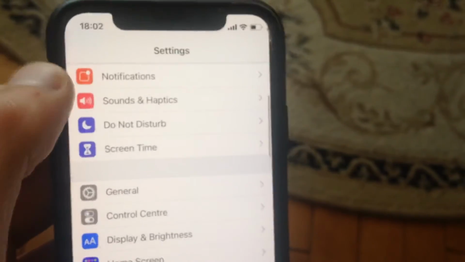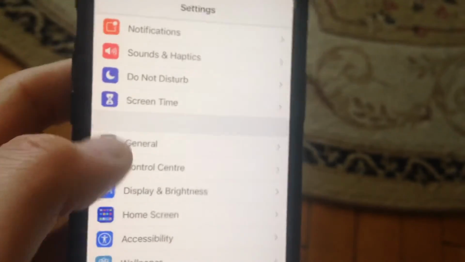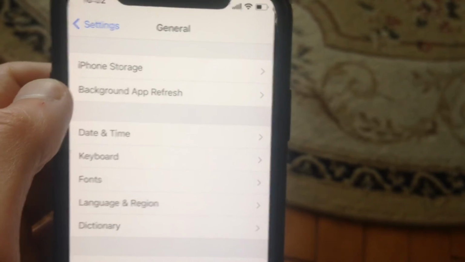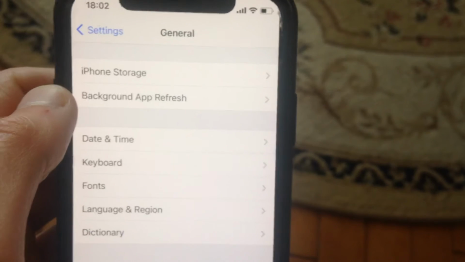And also you can try to restore your phone, so just go to the general, just scroll down, just tap on shutdown, slide to power off, wait a second and just power on your phone again. So just simple restore your phone. So this is the way how we can